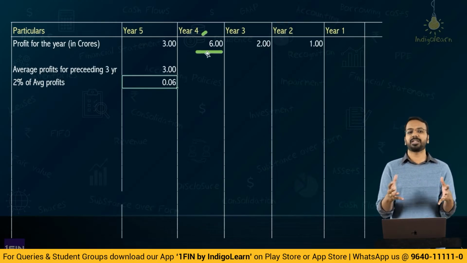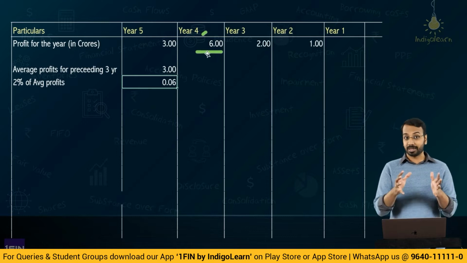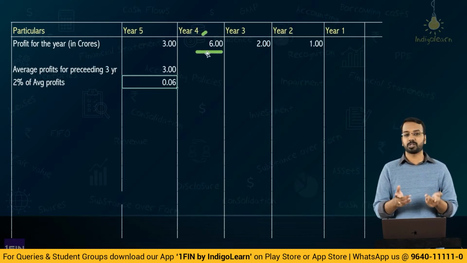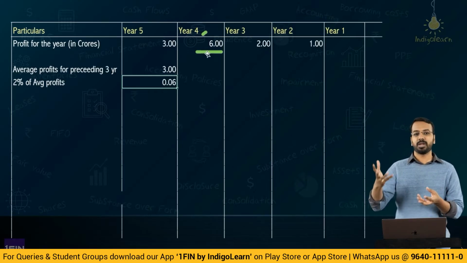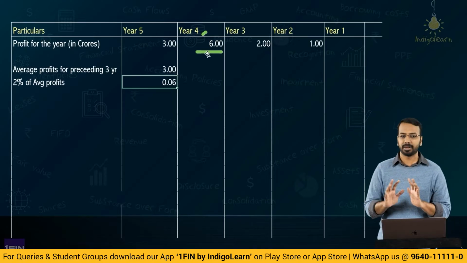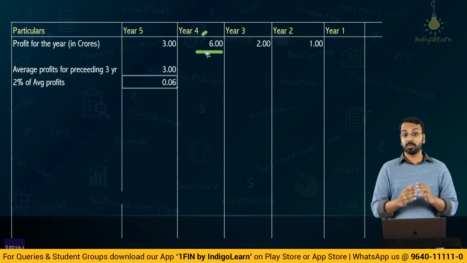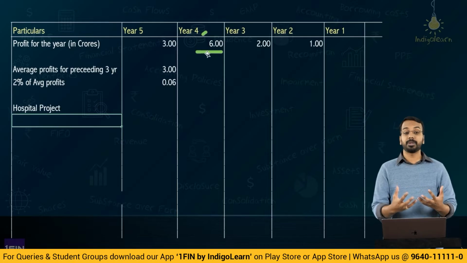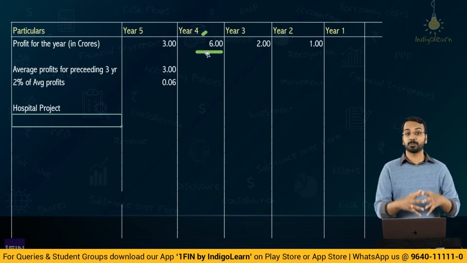Sir, what kind of activities are these? These activities are specified in Schedule 7. We will have a look at it. Now, two things are possible. One, I am spending for, let's say, alleviation of poverty. I am spending for some kind of healthcare. All of that is spent. Sometimes it may be possible that the company wants to have a project, let's say a hospital project. The company starts a hospital project. It wants to build a hospital. Now, tell me,